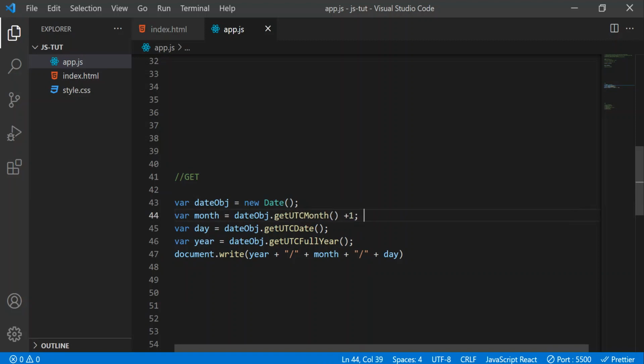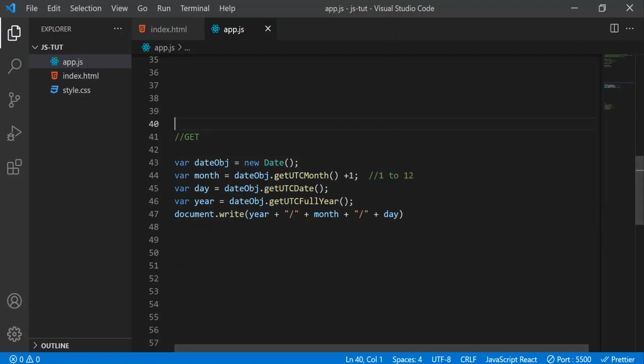Here I have taken +1, because we all know that in JavaScript months start from 0, hence I am adding 1 to that. It will calculate months from 1 to 12 in our own language. So that's the trick: we add +1 to the month. The second method is getDate, which will show the date. And the third method is getFullYear. I have written the same thing in document.write, just like console.log. If you want to show or print something on the document, we have one method, that is document.write. So let's go to Chrome now.